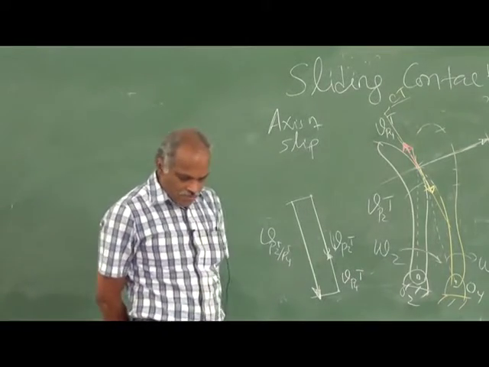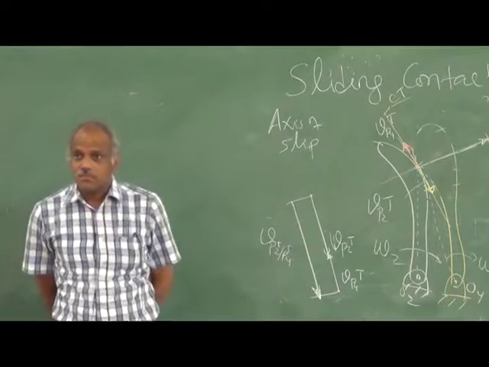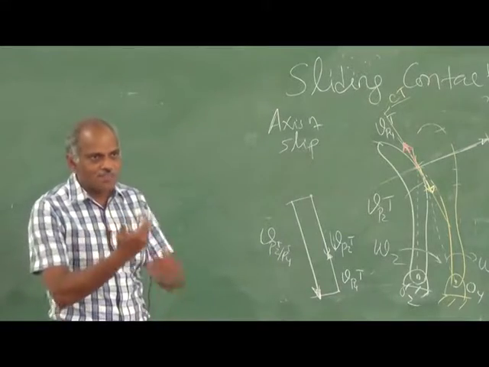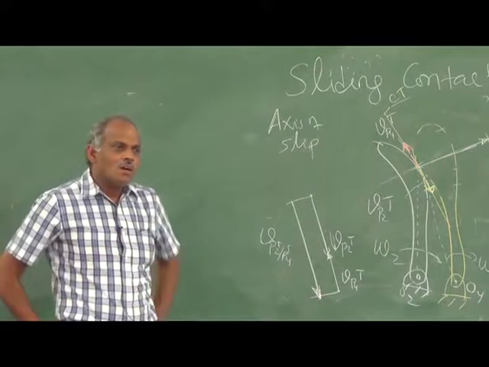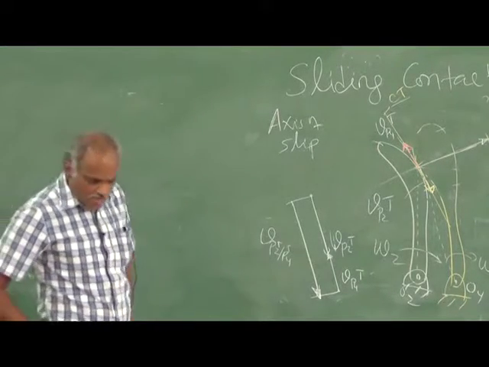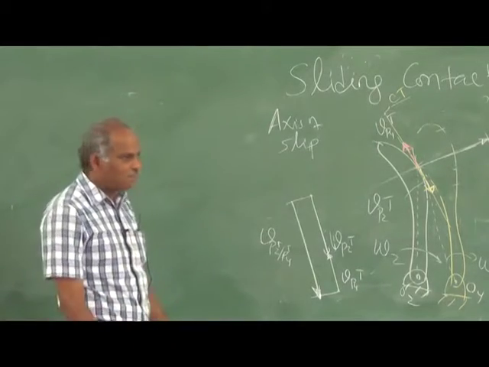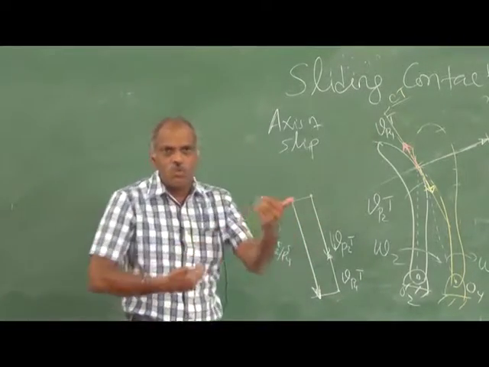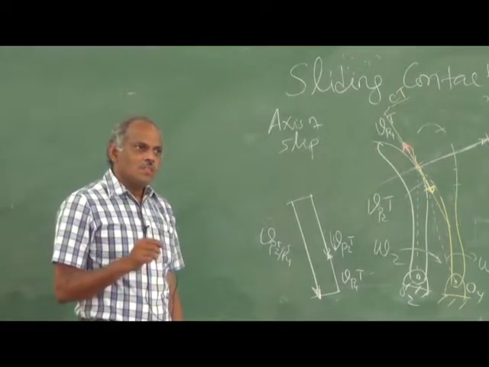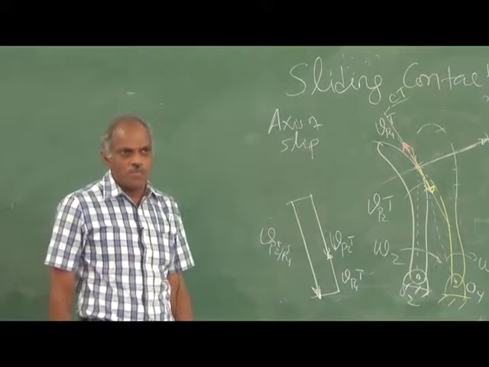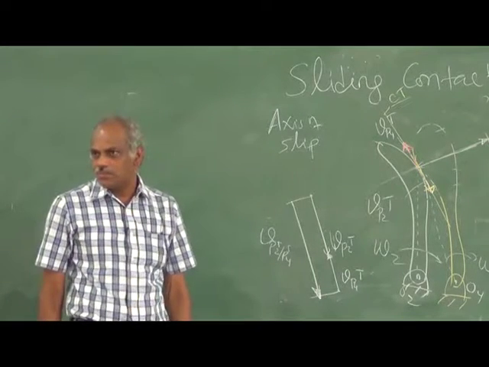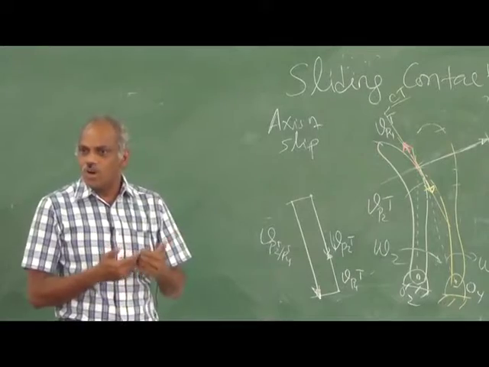So the sliding contact, what are the problems if you have a sliding contact? Whether it is advantageous to have a sliding contact or not. But let me tell you, the problem with a sliding contact is there is a relative motion between the two rigid bodies, which means that if there is a friction force associated with it, the force and the displacement component together require some work to be done.